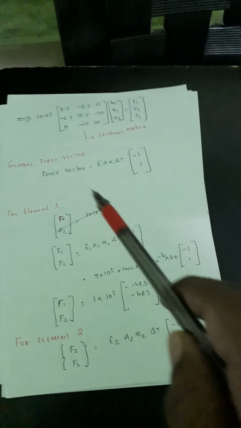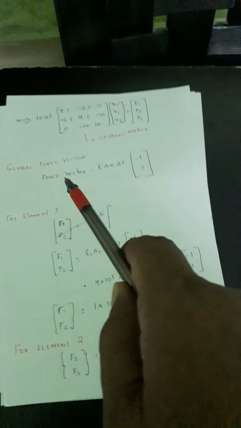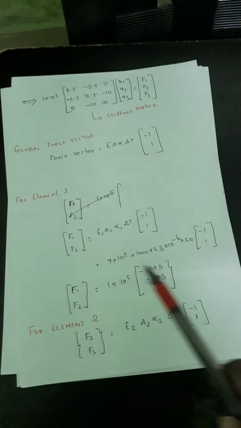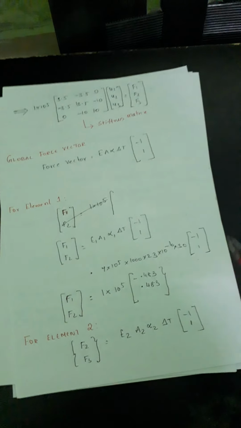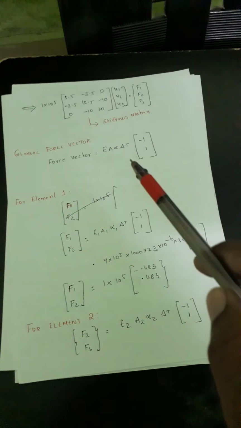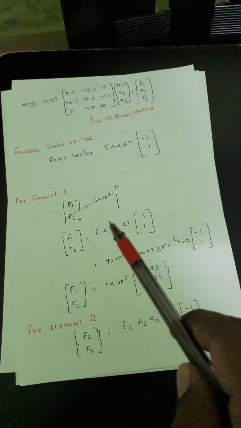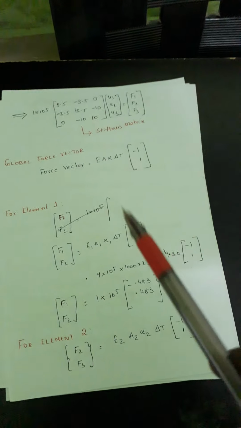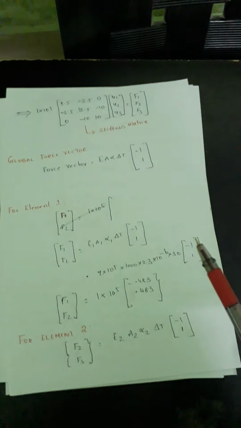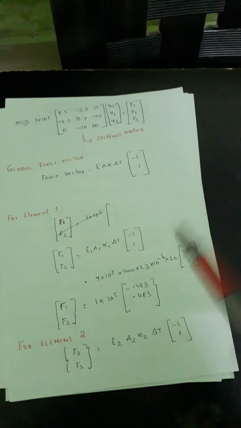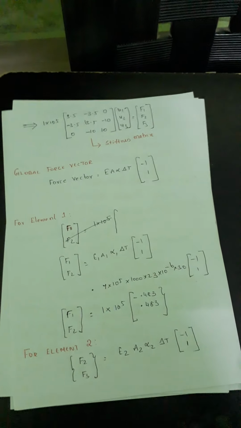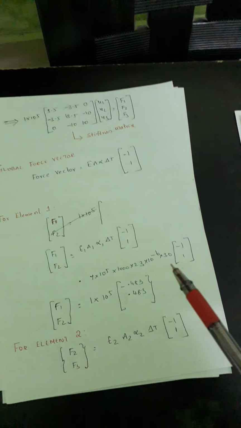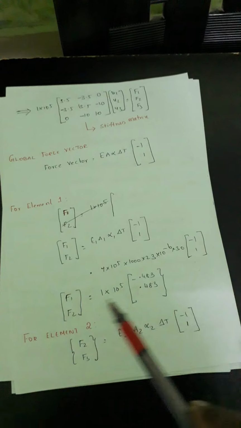then substitute it in every equation. For element 1, the force vector will be F1 and F2, with A1 and alpha 1 and everything. Take alpha according to the material, whether it is given. So according to the material, the coefficient of thermal expansion plays a role. It expands according to the coefficient of thermal expansion, so whether it is bronze, brass, aluminum or steel, it differs according to the temperature. So you choose this according to the temperature, and F1 and F2 have been written.